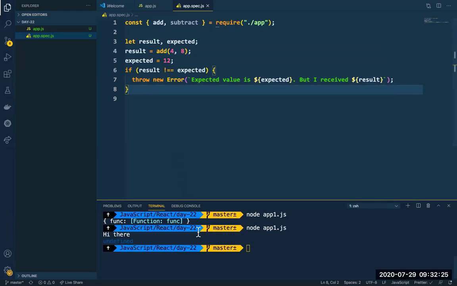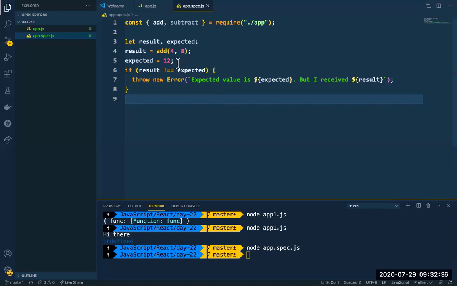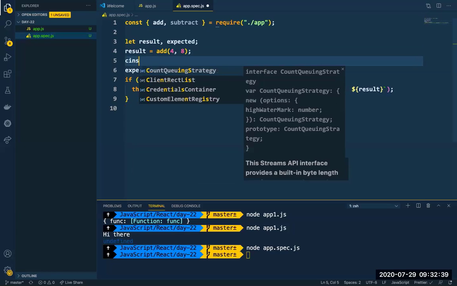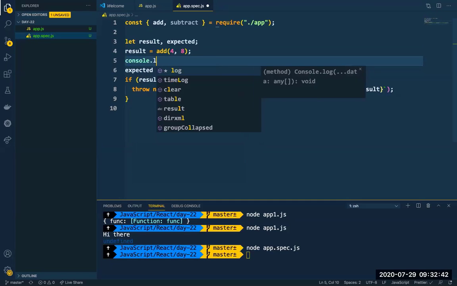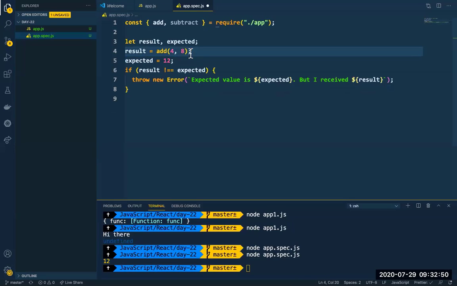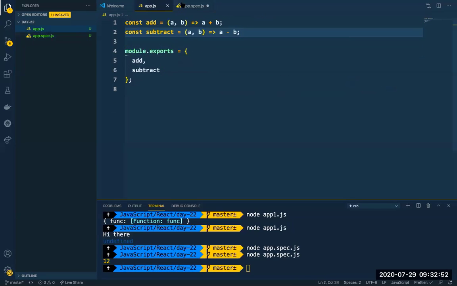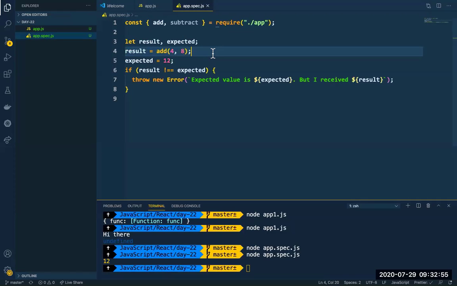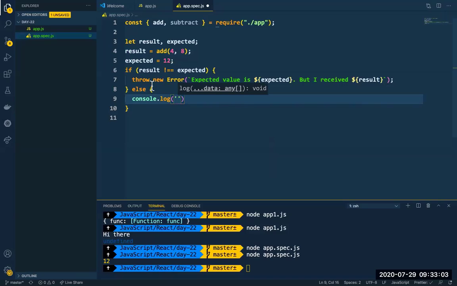All right. So let me run this file. I'll just have node app.spec.js, and then if I run it, I don't know what happened, but it should work. Wait, let me just console log result and then check whether it's running. Yeah, it is running, and it is being returned as well. Yeah, fine. It is valid. So else I have to use a console log statement. My bad, guys. 1 second.